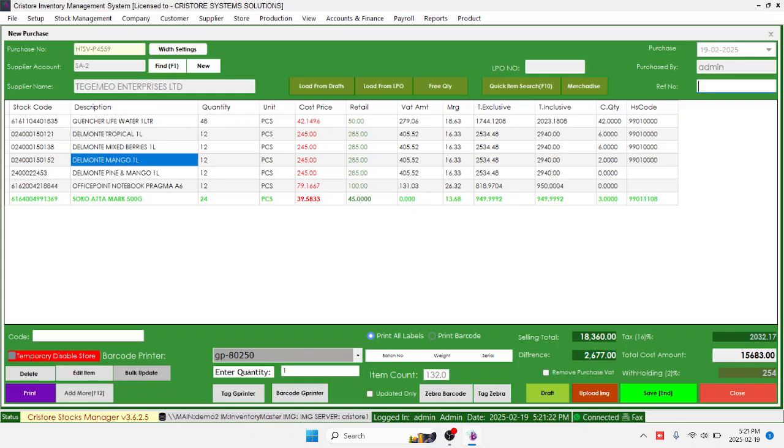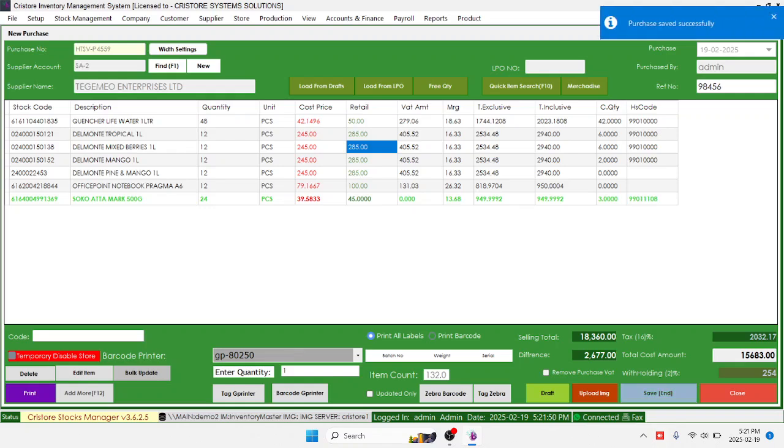Then from here we input the supplier invoice number as the reference number. Then you click on save. There are other optional settings that you can include. You can upload an image for the physical invoice for future reference. Then you click on save. Once that is done,